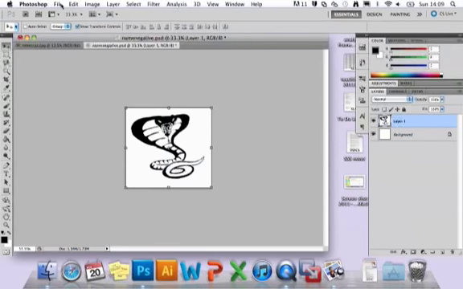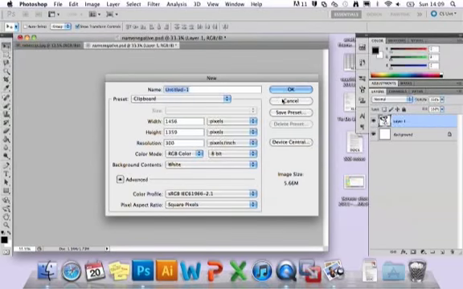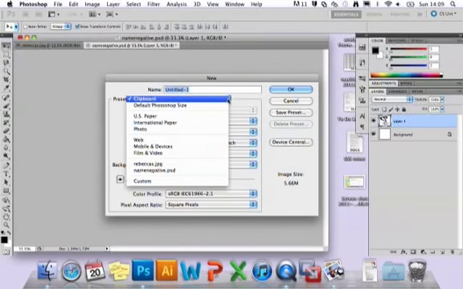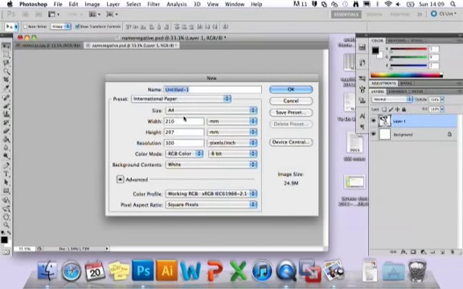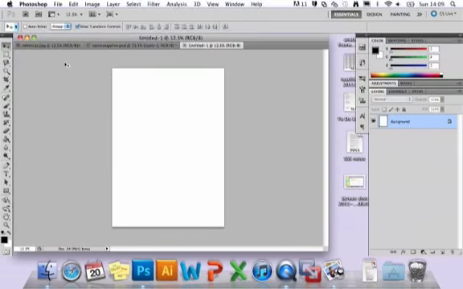And then we're going to open up a new image. So we've made our pattern stamp now. We're going to go into File, New, and this time we're going to click here and just select International Paper, and then just make sure that that's on A4 as well, and click OK. So we're going to use the pattern stamp tool this time. If you hold down on this little stamp tool, and then just select the pattern stamp tool,